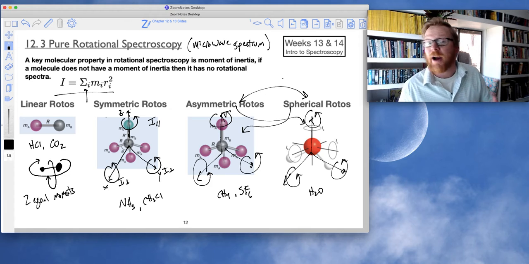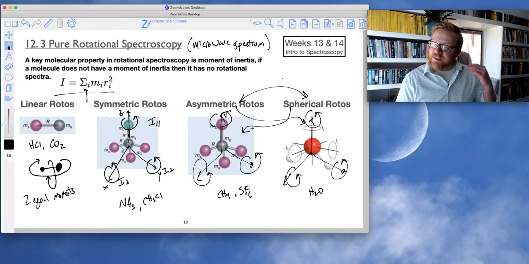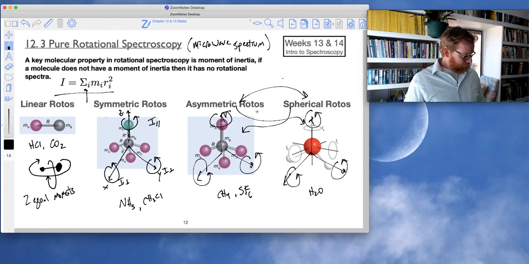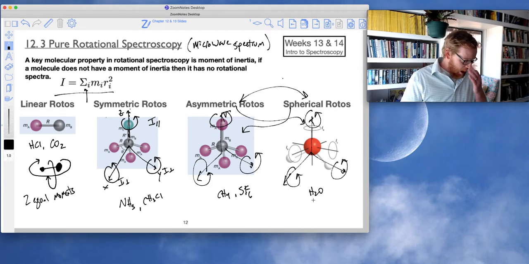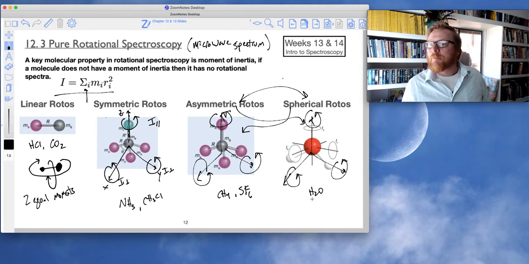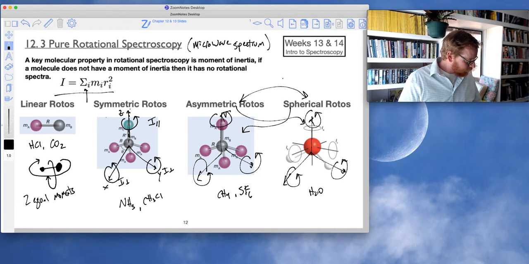So we can use a microwave frequency to stimulate a rotation. And that's exactly what your microwave does to heat up food. It actually causes H2O to rotate. And in a condensed medium, molecules don't like to rotate when they're liquids or solids, so it builds up a lot of excess heat. Okay, so moving